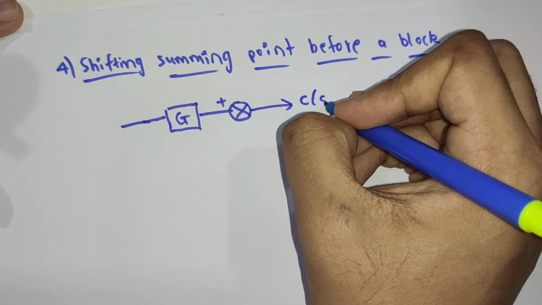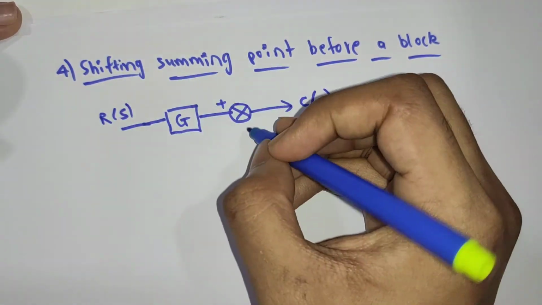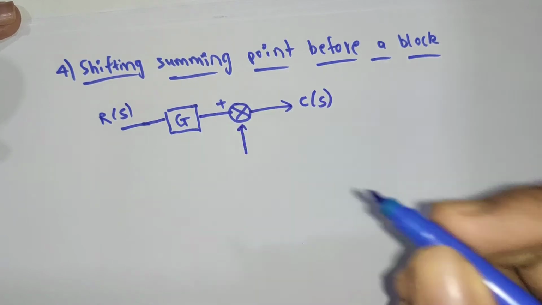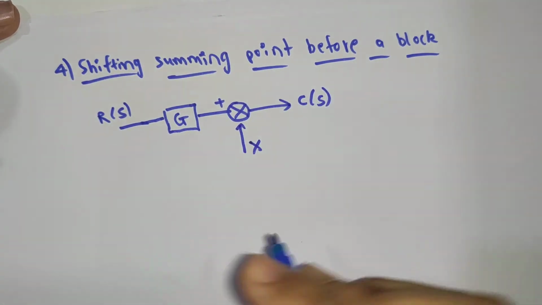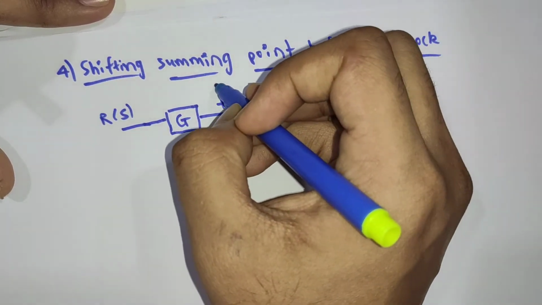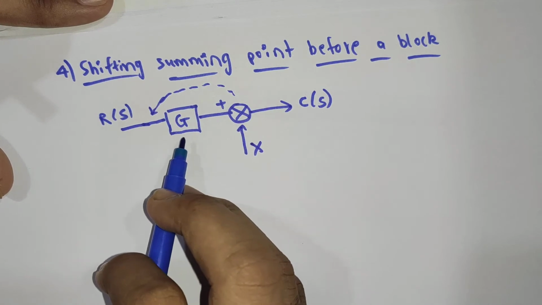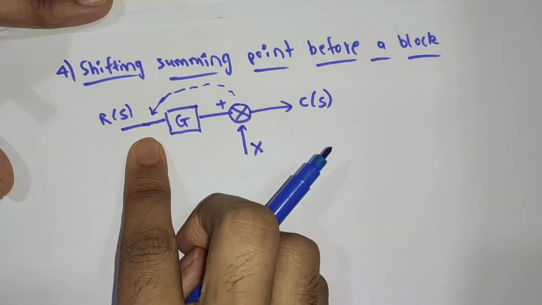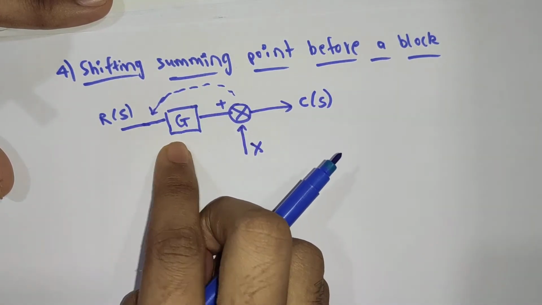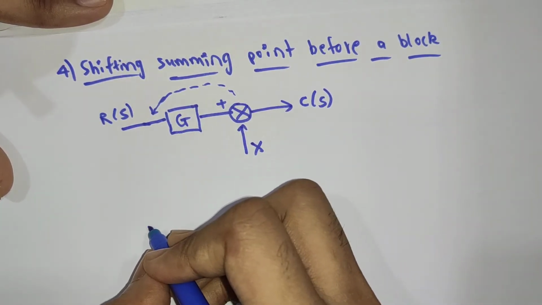Here will be the output, here will be the input, and the feedback, let's take it as X is connected. Now we have to shift this summing point before the block. We have to shift it towards the left side of the block G. So how can you do it? You can shift it,